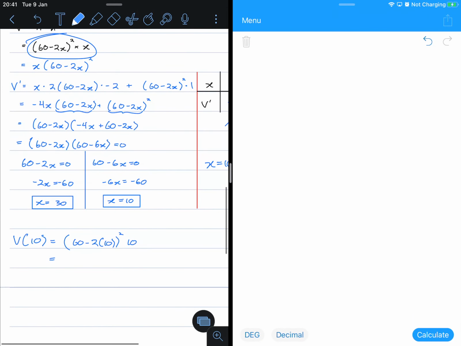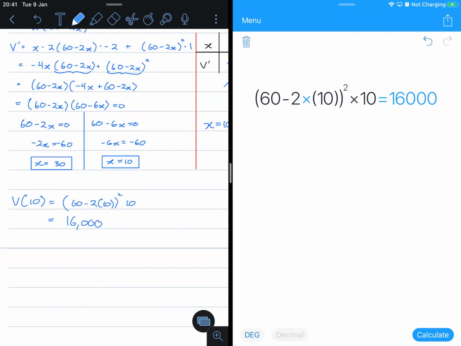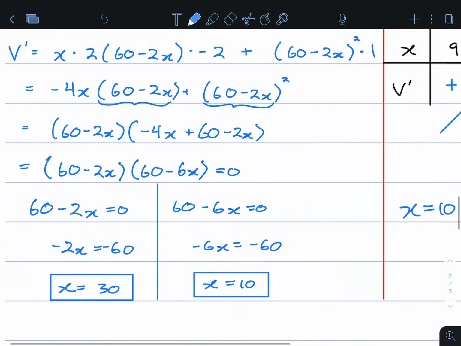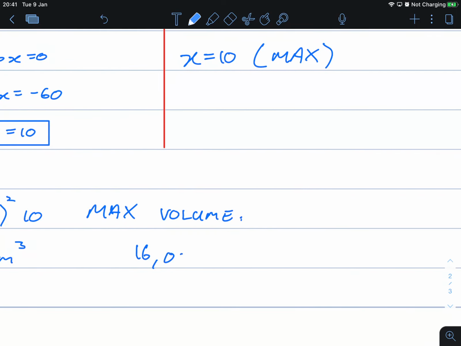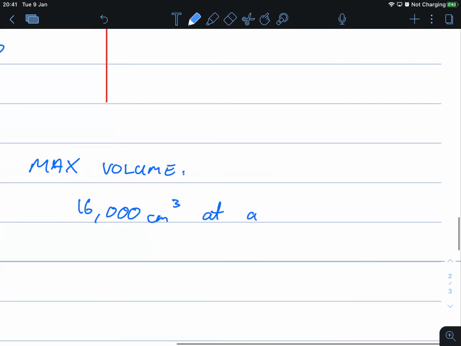Substituting this into our calculator, that's 16,000. This was initially in centimeters, so this is going to be in centimeters cubed. So the maximum volume is going to be 16,000 centimeters cubed at a square length